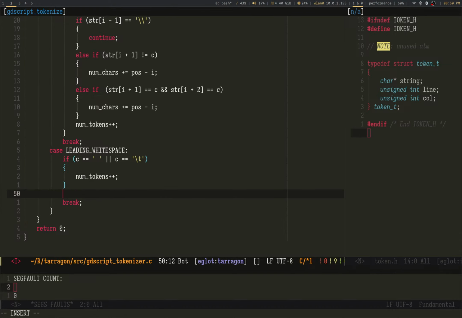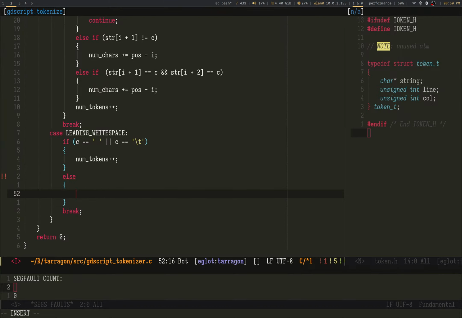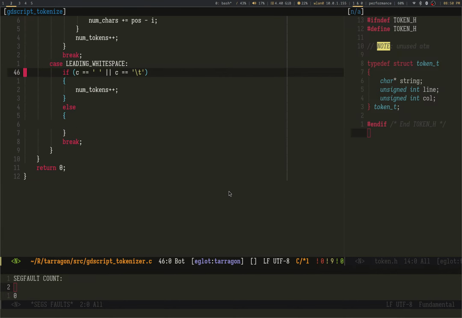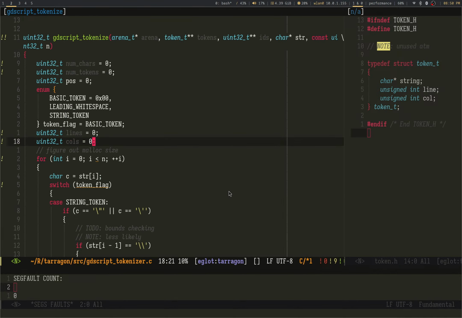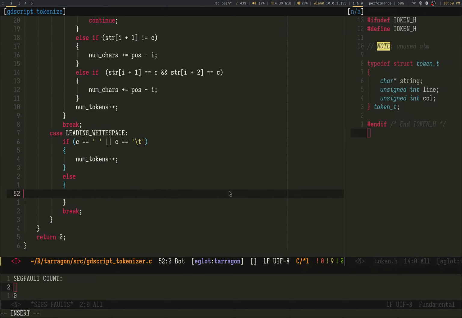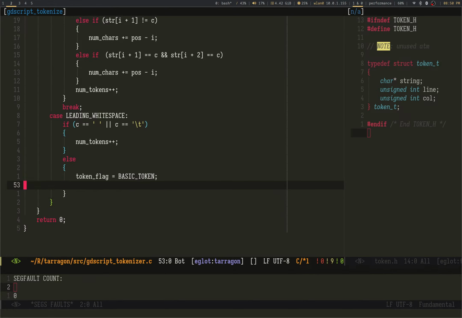And then of course else, what do I call this again? Token flag. Regular basic token. And I actually want to fall through.